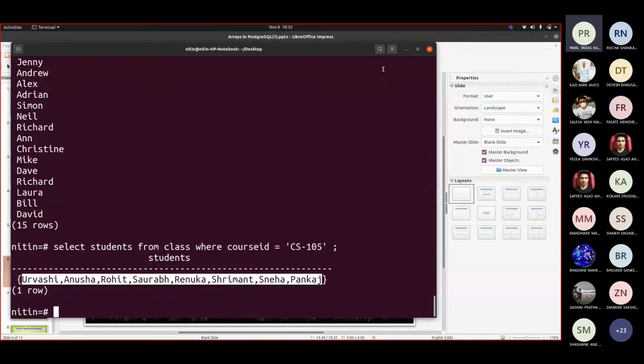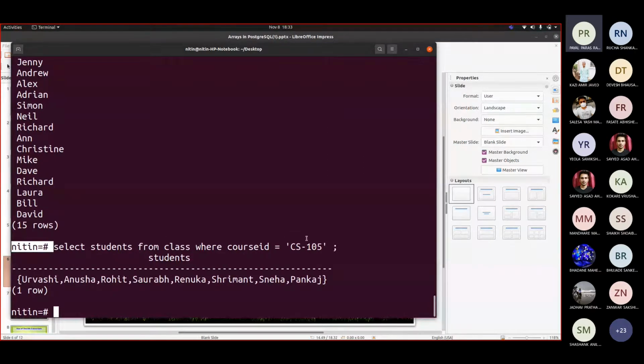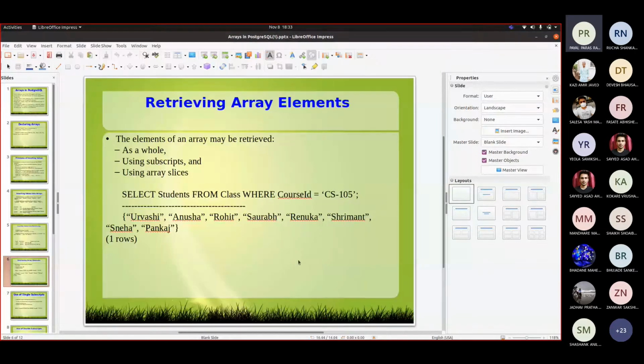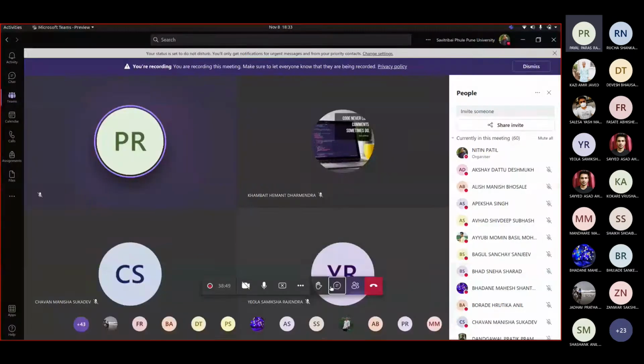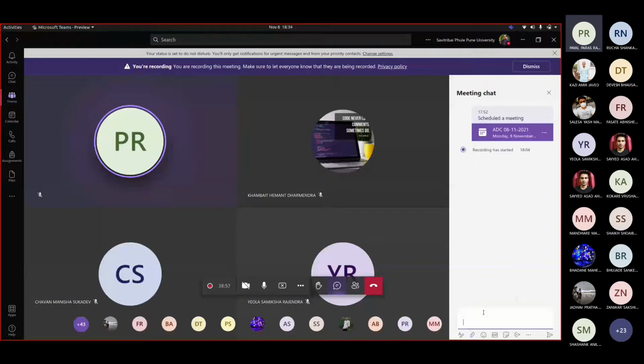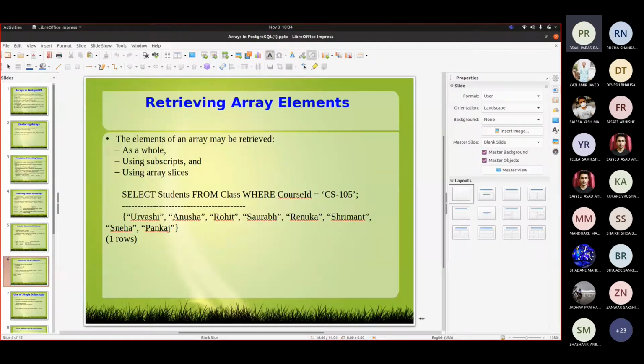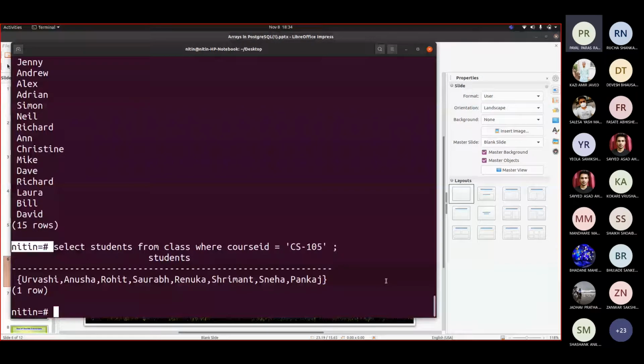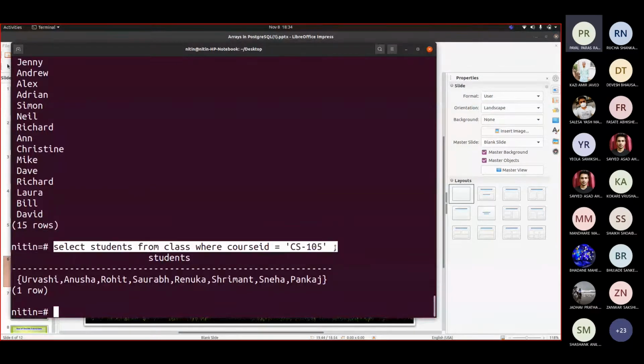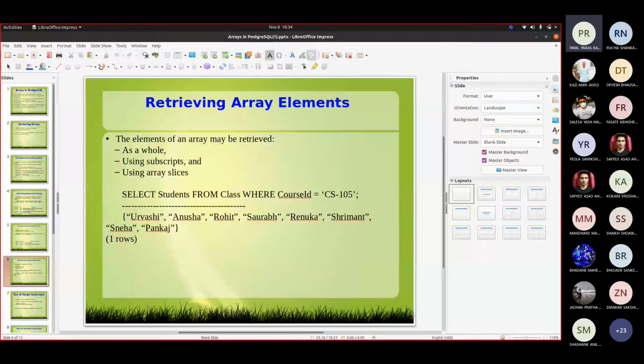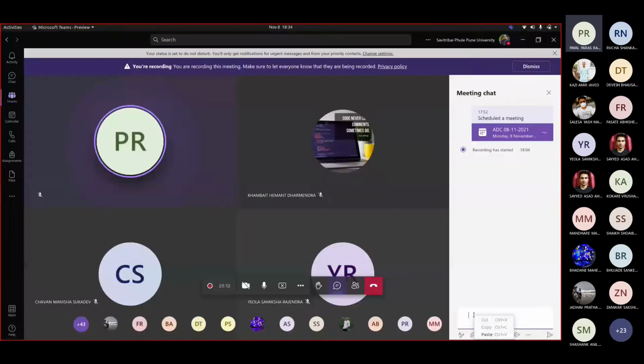Fine. So let us now see. This is one query that I'm adding into the chat box, so as to give an idea of what kind of query to use. The rest I'll be adding in the PPT. I hope it will work. So I may have to copy it. Okay, so you can use this query to search into the array.